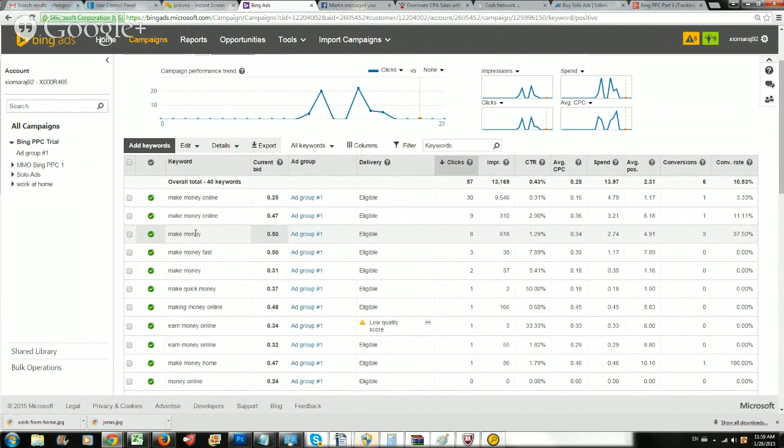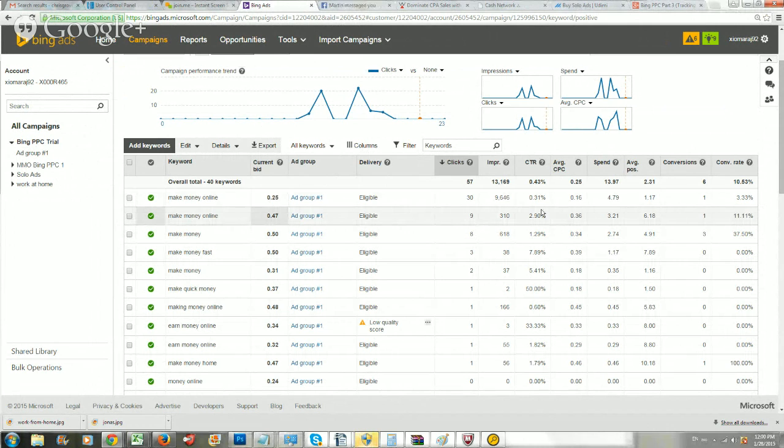That tells me that as I'm figuring out which conversions, eventually I'll be eliminating these keywords, or I may not eliminate. I might say, hey, you know what? I'm no longer going to pay. How much am I paying per click? I'm paying 25 cents per click. You know what? This isn't worth that much to me. I'm going to drop this down to 10 cents because I don't mind paying 10 cents a click. So you may end up doing that. You may say, hey,